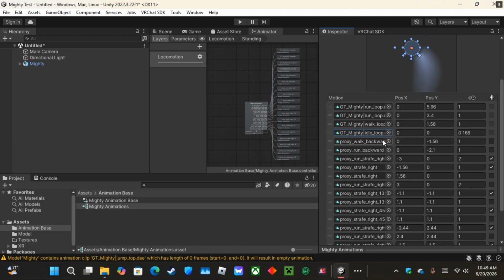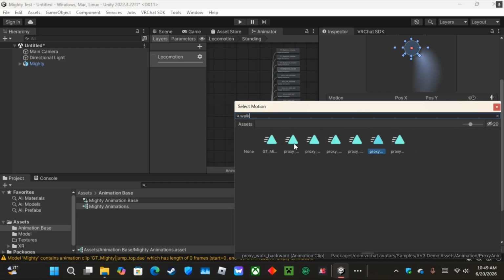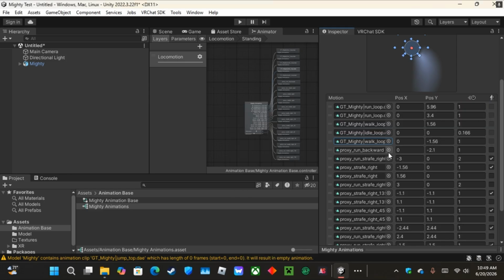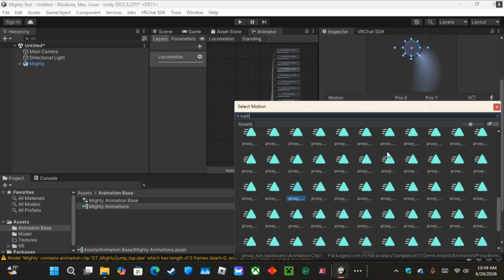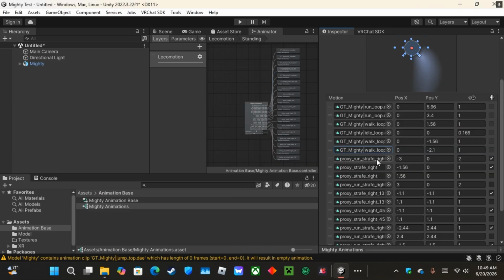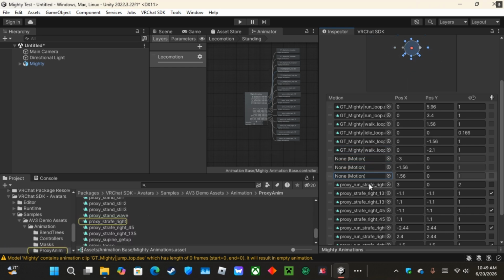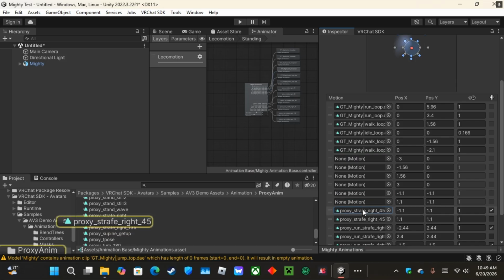And for the backwards part, I think you don't need, but I'm pretty sure you do need some, so just put walk loop. Just set those to walk loop. I don't really bother. And then for them, you just remove the motions because you don't actually need them, because